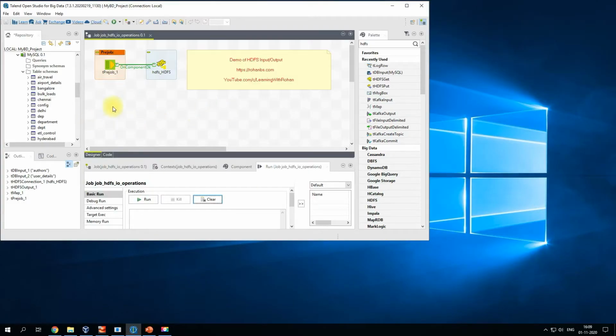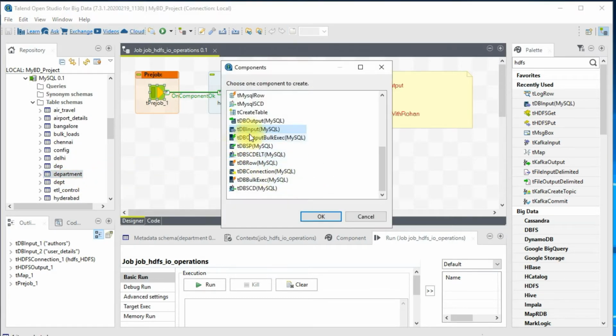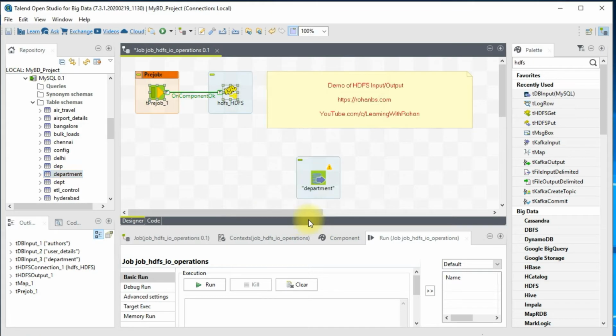So I have this Talend job created, just the skeleton of it, wherein I'm creating the HDFS connection. And in order to perform the write operation, which we also call the HDFS output operation, I'll go ahead and use one of the tables from MySQL. I'll use that as my DB input, right?